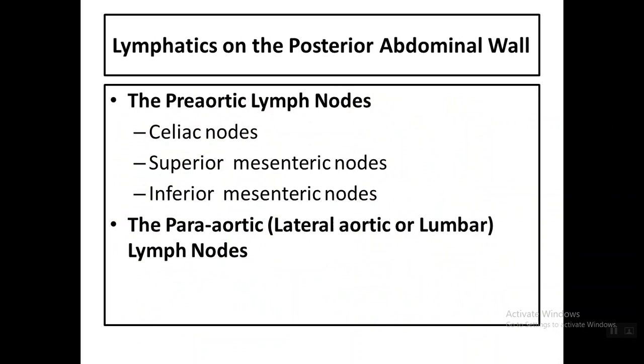What are the lymphatics on the posterior abdominal wall? We have the pre-aortic lymph nodes and the para-aortic. Pre-aortic is situated in front of the aorta. These are the celiac node, superior mesenteric node, and the inferior mesenteric node. The para-aortic, or another name, the lateral aortic or lumbar lymph nodes, are situated on both sides of the